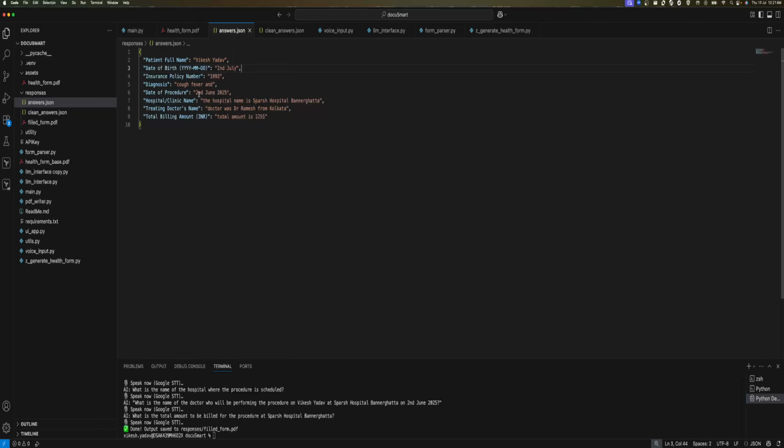Date of procedure has been captured properly. It was 2nd of June 2025. And hospital clinic name: I was answering in such a way like, the hospital name is Spurs Hospital, Bannerghatta. Since these are raw answers, it is simply storing them as they are. Now the second-to-last question was the treating doctor's name, and I was telling it in this way,